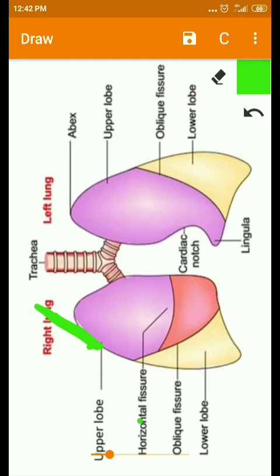Medially, especially towards the right lung, it is related to the right brachiocephalic vein, brachiocephalic artery, and also the right surface of the trachea. Coming to the left side, this apex is related to the left subclavian artery and the left brachiocephalic vein, and the remaining relations are same as that of the